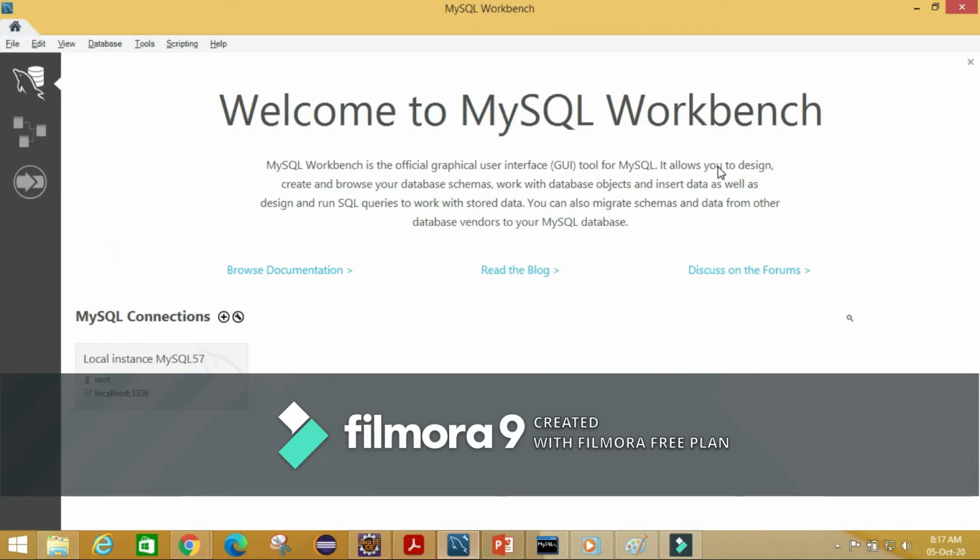Okay guys, once you download and install MySQL Workbench, you will see the following screen on your home tab. On the left hand side of the home tab, we see three different icons. These are three modules. First one is SQL development, second one is data modeling, and the third one is server administration.